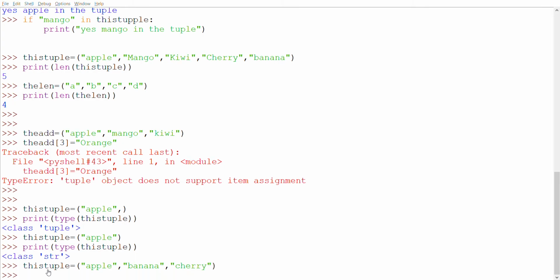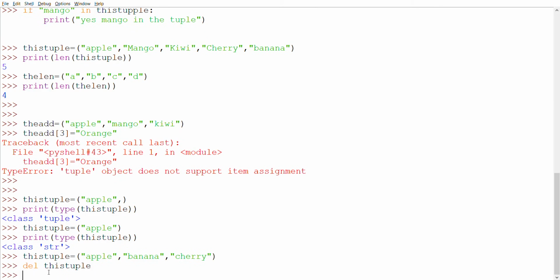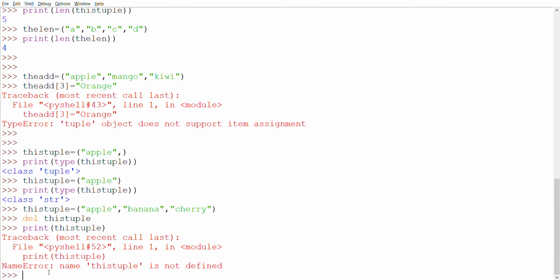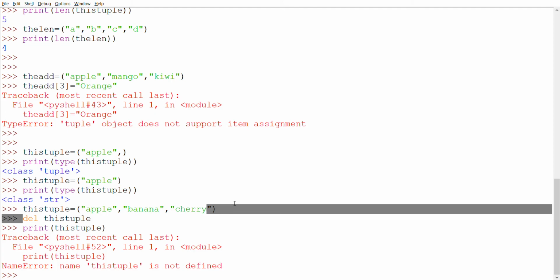Now if you del this tuple and then print this tuple, it will raise an error, because the tuple no longer exists. We deleted it completely, the object also.